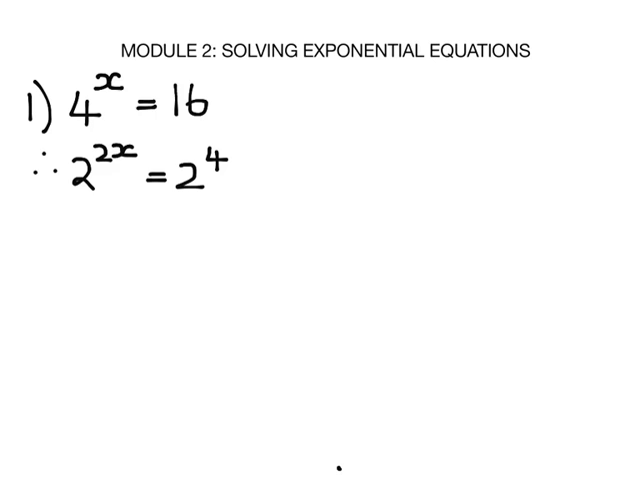We reduce 4 to 2 squared, so the left-hand side becomes 2 to the power of 2x, and the right-hand side becomes 2 to the 4x. Now if the bases are the same, then clearly the powers must be the same. So 2x must be equal to 4, therefore x must be equal to 4 divided by 2, which is equal